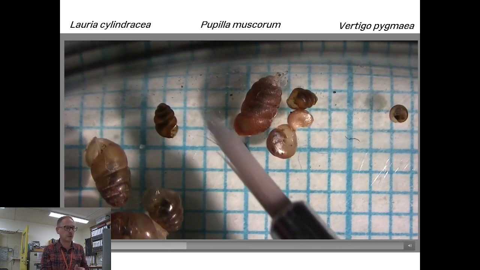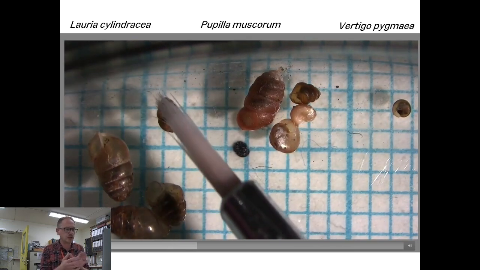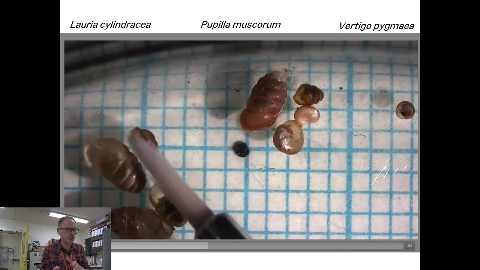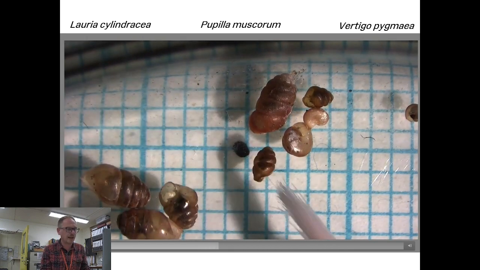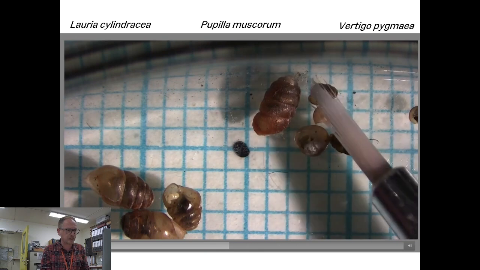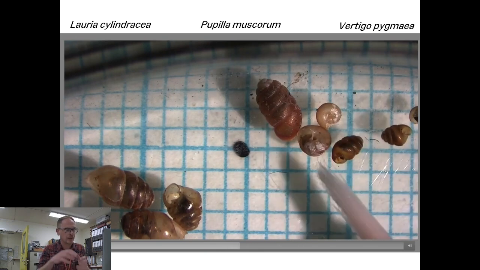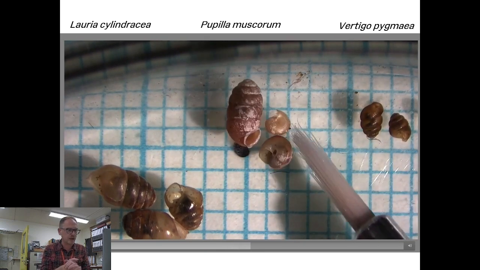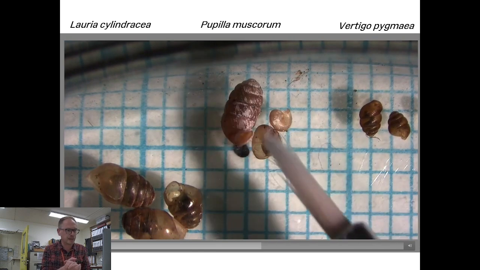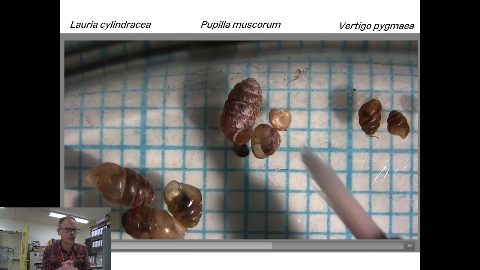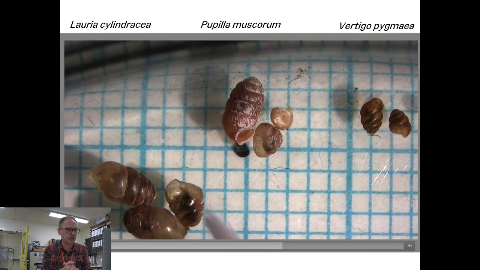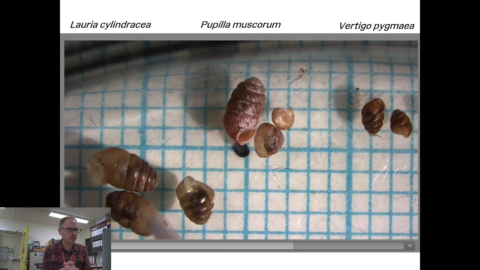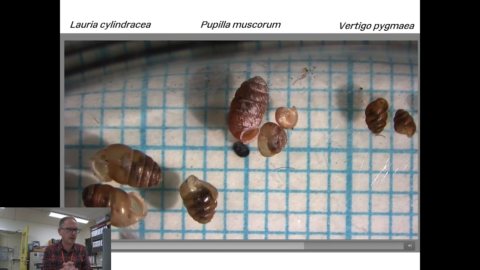Whenever you're studying snails, you will find juveniles of the same species. You find juvenile shells, and the way to match them with the correct adults is to realize that the juvenile shell will eventually grow into the adult. So it will fit, if you take my meaning, into the top part of the adult shell. So we've got 2 adults and 1 juvenile Lauria on the left.